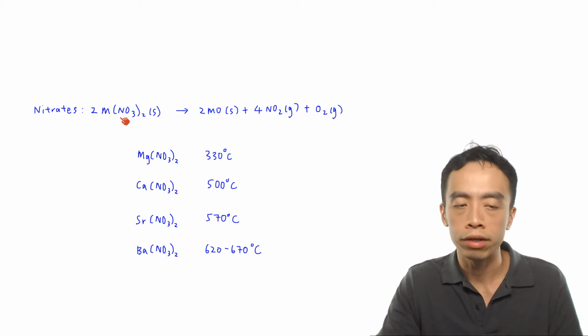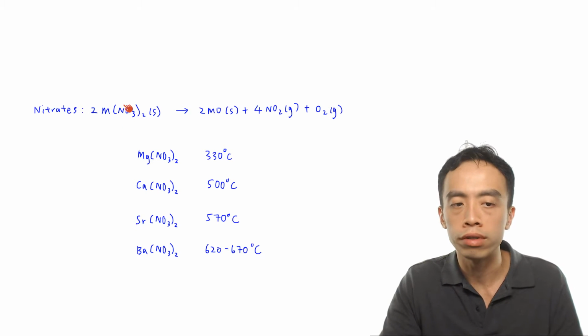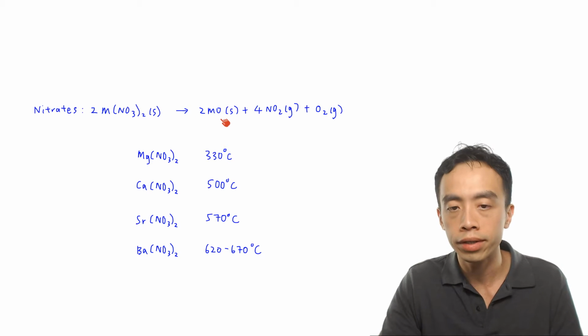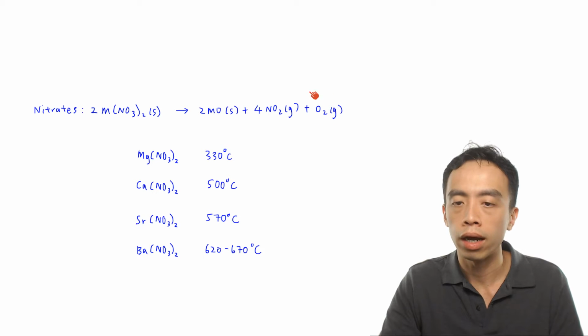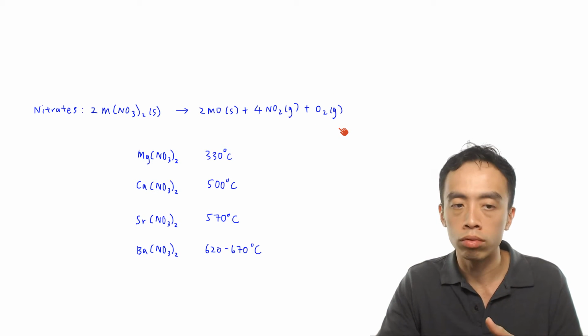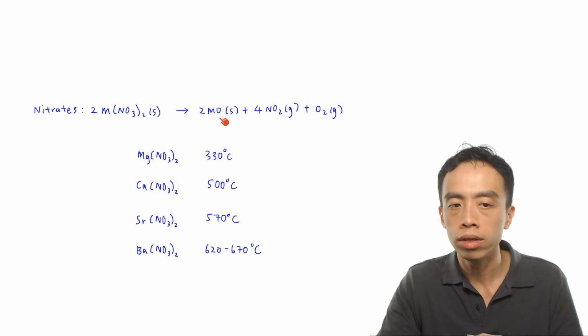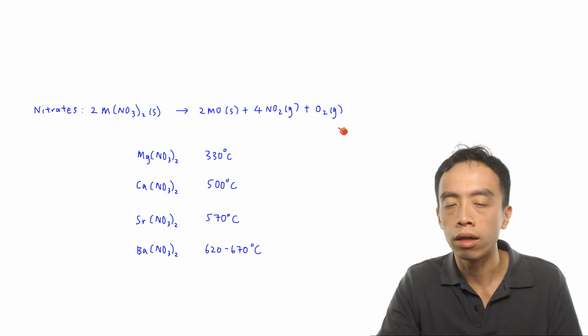Now next, let's look at nitrates. Nitrates, the decomposition will follow this balanced equation. You have two of this metal nitrate and it will decompose to give me two metal oxides, 4 nitrogen dioxide, which is a brown gas, plus oxygen gas as the product. So again, in order for me to decompose the nitrates, you notice some of the bonds inside these nitrates must be broken so that it can form the oxide and combine with the metal, and you get these two different gases, our nitrogen dioxide and oxygen.